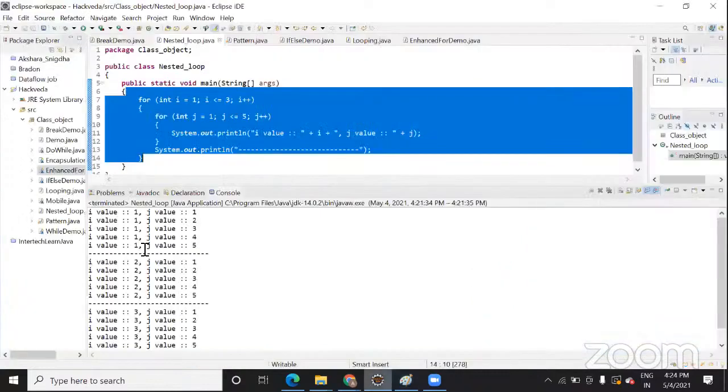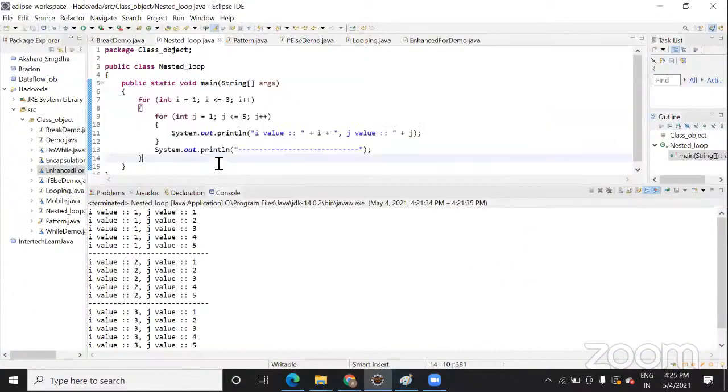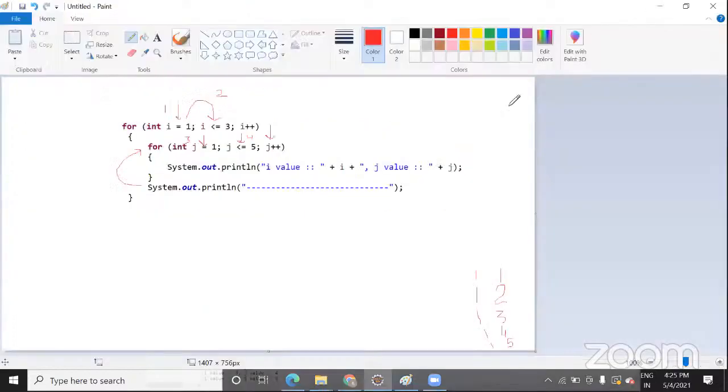Now in the output you can check, it will print this line. Once it prints this line, this is what step? Printing is your fifth step. This is your sixth step, when you come out of that loop. Now once you come out of the loop, the flow will repeat again. Now the flow will go to which part of the for loop? This part.